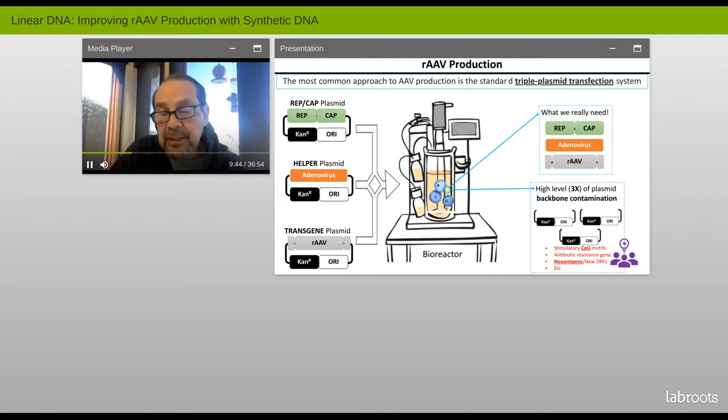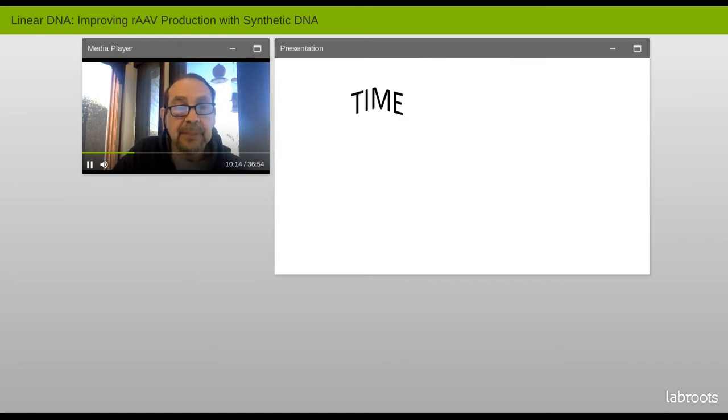So as a consequence, what ends up happening by default is that we end up with a lot of the so-called plasmid backbone as a contaminant. And this contaminant has CpG motifs that are insults to innate immune response. They carry an antibiotic resistance gene, and they potentially carry neoantigens that could be problematic in patients. So why do I focus attention on this? Let's go to the next slide and I'll explain.